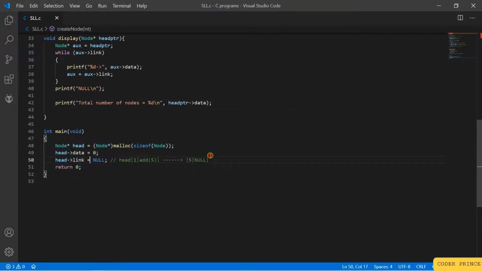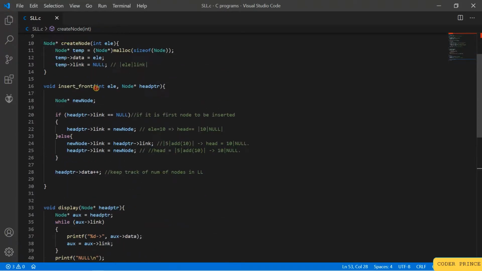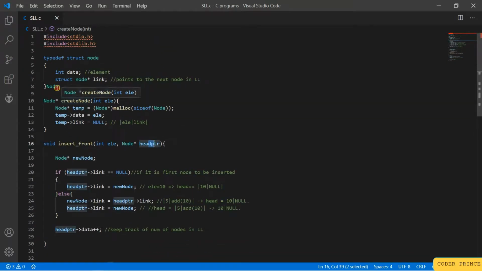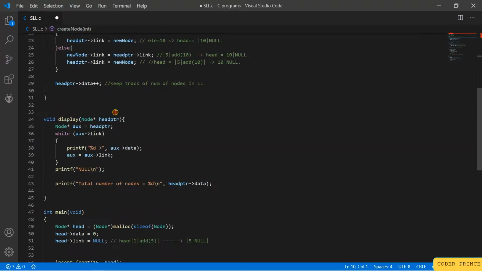So after doing this much, we need to start inserting, right? You can take manual input from the user, but now I will just go with random values. So insert 15, and what is the head pointer? So head pointer will be the head, right? We remember that we need to pass the element as well as the head pointer. If you don't want to do that, you can declare head globally, like node star head equal to null. But declaring too many global variables is not so secure.